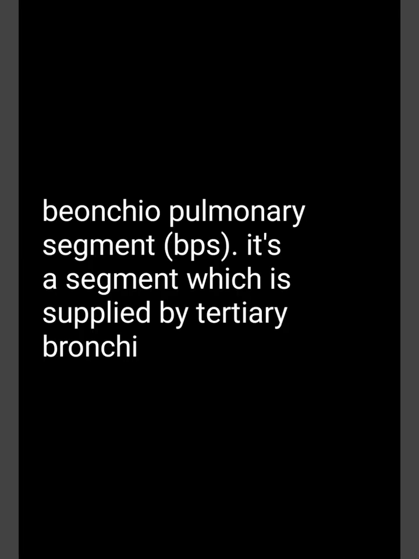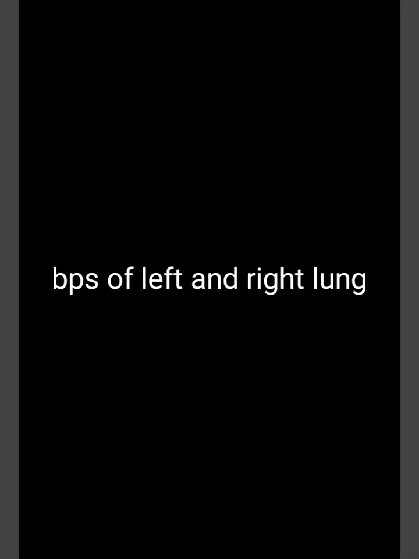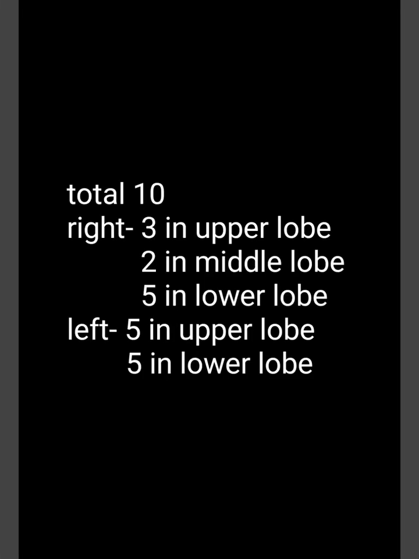The anatomical unit of the lung is called the bronchopulmonary segment, BPS. It is a segment which is supplied by tertiary bronchi. BPS of left and right lung: total 10. Right has 3 in upper lobe, 2 in middle lobe, 5 in lower lobe. Left has 5 in upper lobe,